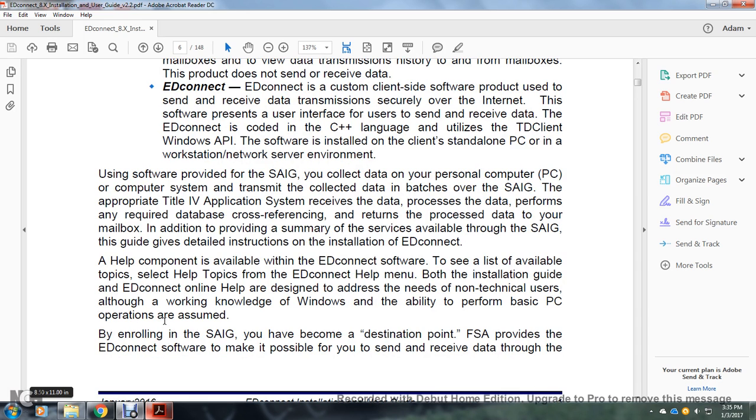The appropriate Title IV application systems receive the data, process it, and perform any required database cross-referencing. They then return the processed data to the mailbox. In addition, the summary of the services available with the Student Aid Internet Gateway gives detailed installation instructions for the EdConnect Help component available with the EdConnect software. To see the list of available topics, select the hot topics for the EdConnect Help unit, the installation guide for the